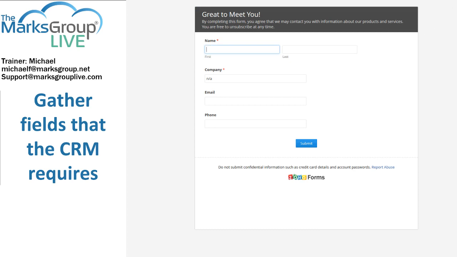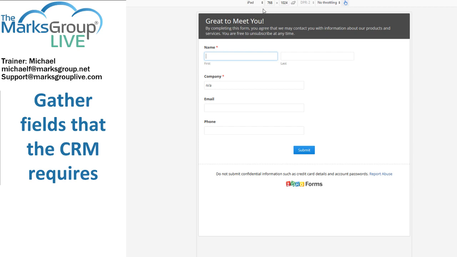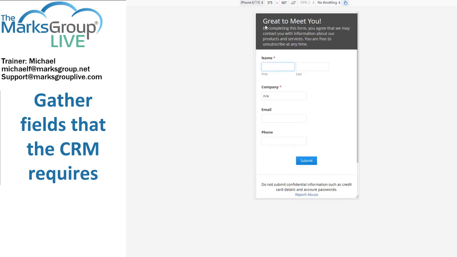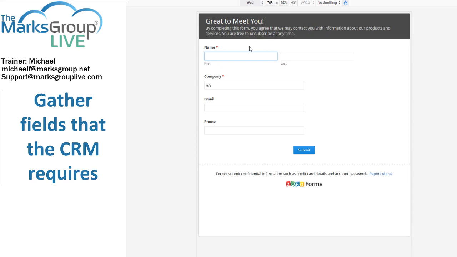So this is what my form would actually look like on a web browser, but thanks to the magic of responsive pages in Firefox, I'm going to go into responsive design mode, and I'm going to say pretend that this is an iPad. So this is exactly how the form would look on an iPad. I could show you what the form might look like on say an iPhone 6. That's what the form would look like. So whether I have an iPhone or an iPad at my booth at the conference or the trade show,